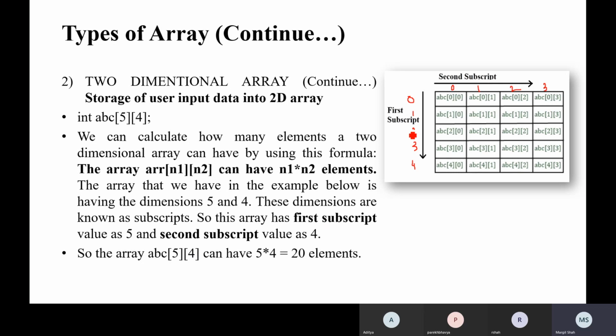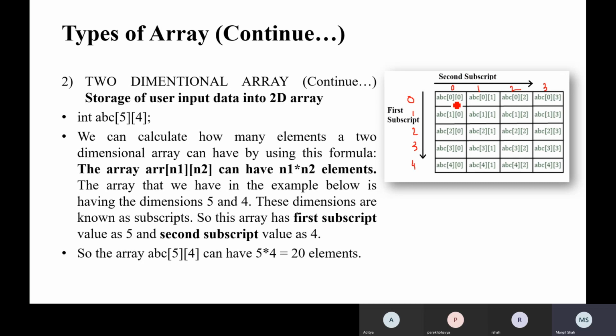As we know, in integer ABC with 5 rows, 0 to 4 means 5 rows, and 0 to 3 means 4 columns. Now each element may be accessed with its index.